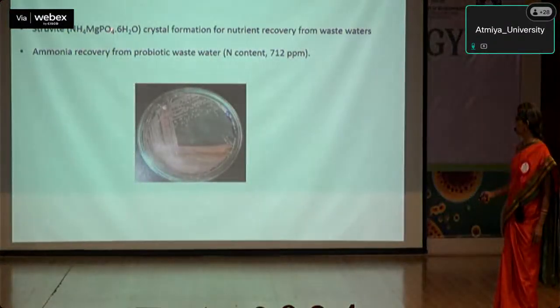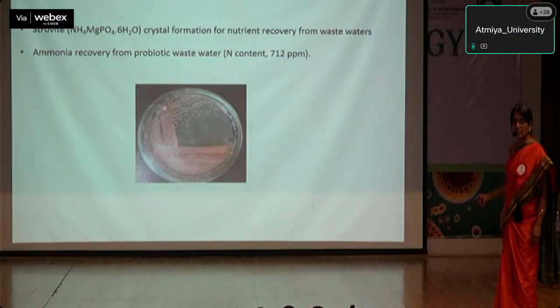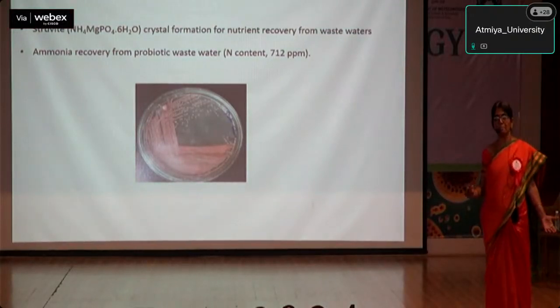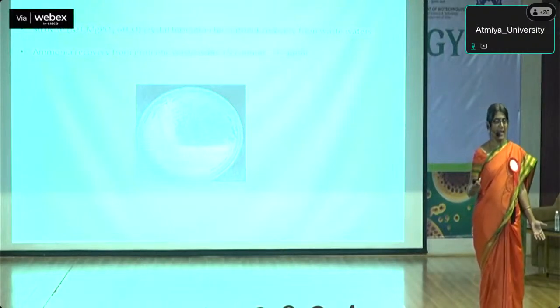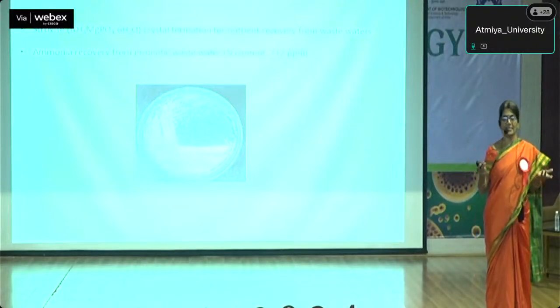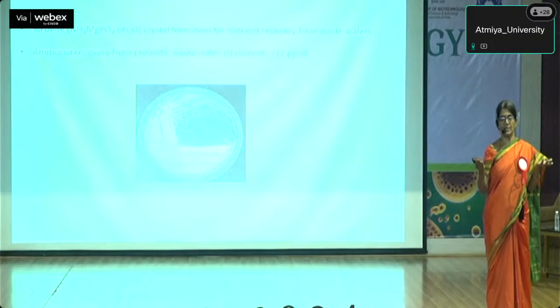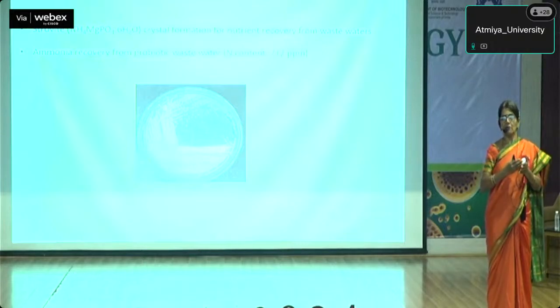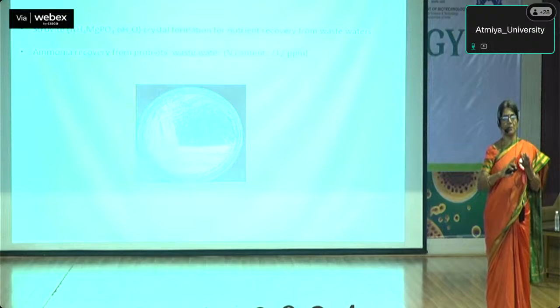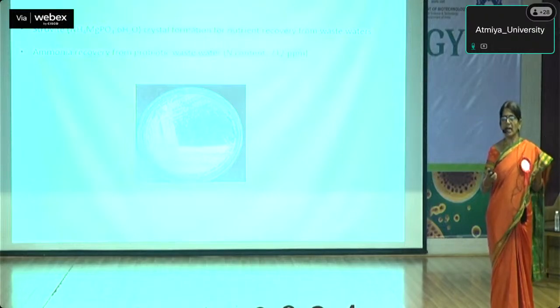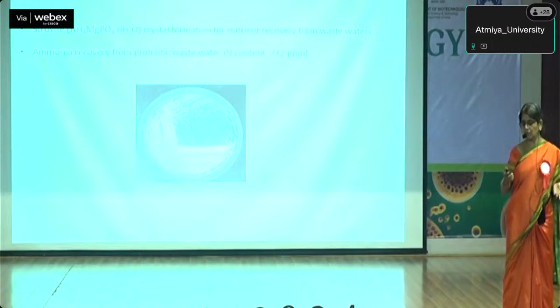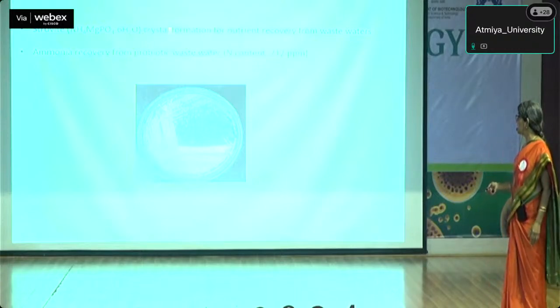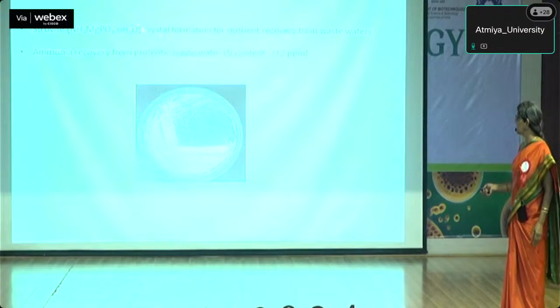N, nitrogen, P, phosphorus. What is the importance of N and P? They are plant nutrients. Whenever you are doing cultivation, farming, the major elements that are required are carbon, nitrogen, and phosphorus. Carbon comes from carbon dioxide, and we normally use nitrogen and phosphorus fertilizers. And this crystal has both nitrogen and phosphorus, and it is slowly soluble in water, so it can give